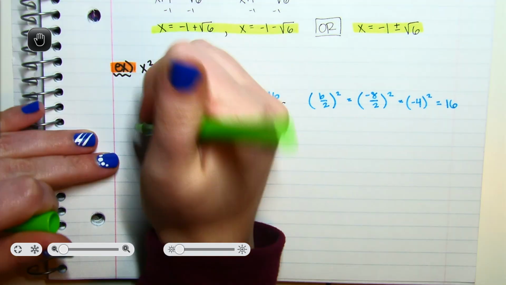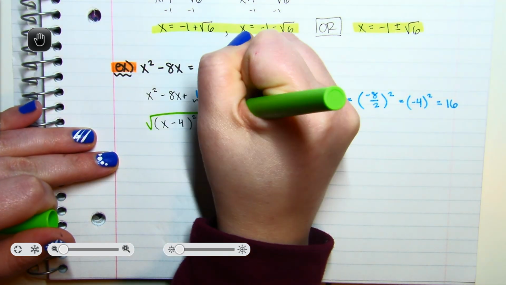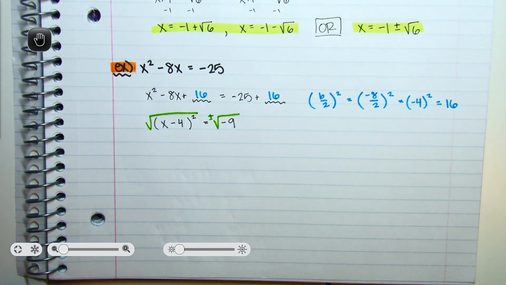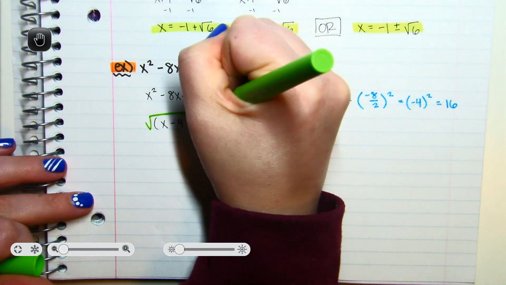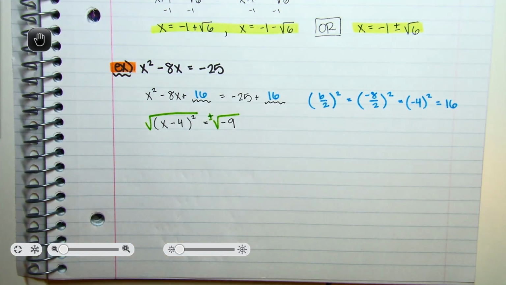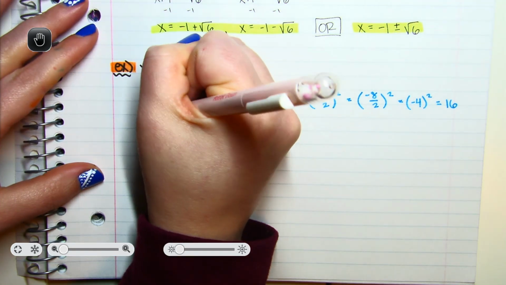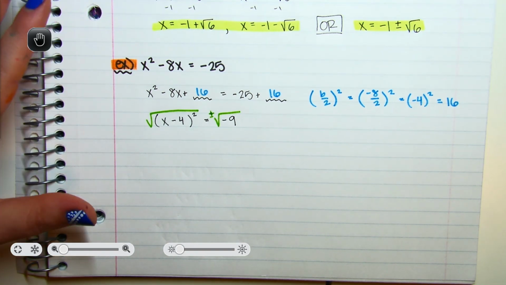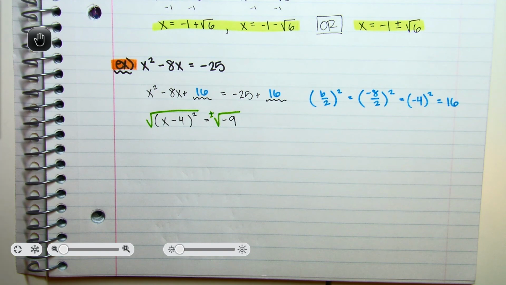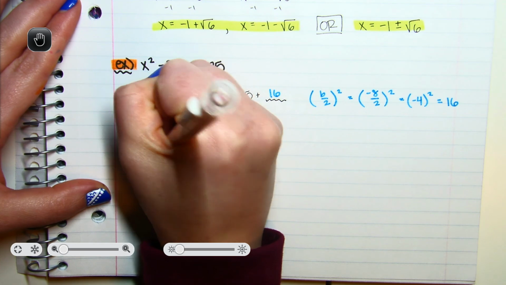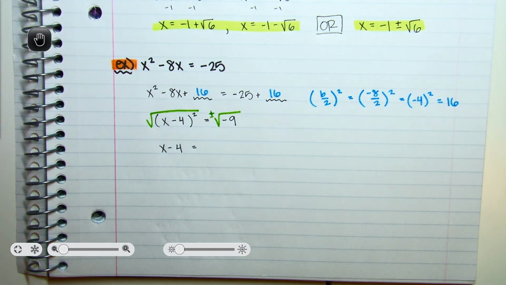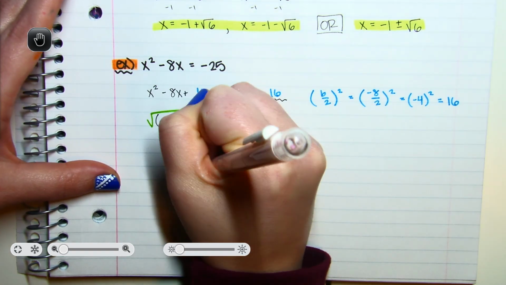Now, when I take the square root of both sides, what is the square root of -9? If you said no solution, you are correct. We cannot take the square root of a negative number. Later, once you get to Algebra 2, you'll learn something called imaginary numbers, which do allow you to do this. But for now in Algebra 1, we are not going to be looking at those. So you can get the x minus 4 equals, but then that doesn't work. So our answer is no